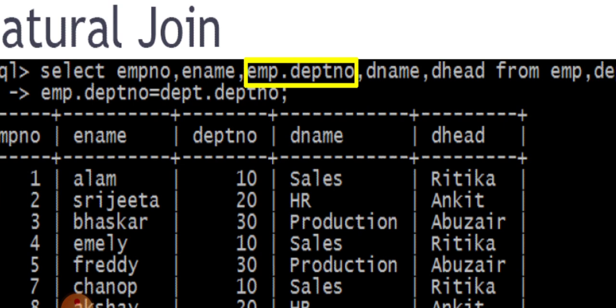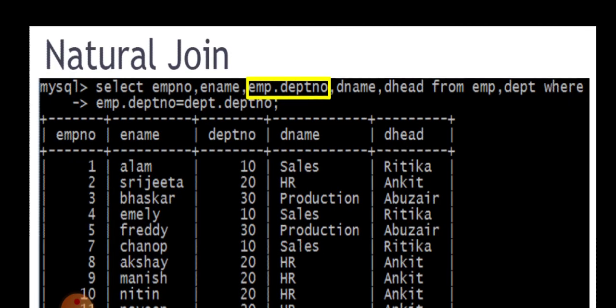Select EMP NO, ename, EMP dot DEPT NO. So the compiler will select only the department number which is available in the employee table, along with the department name and department head from the department table. The rest of the queries are very similar to what we already discussed.